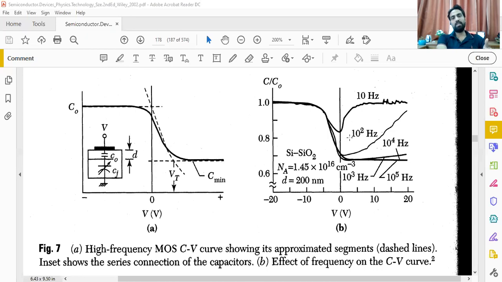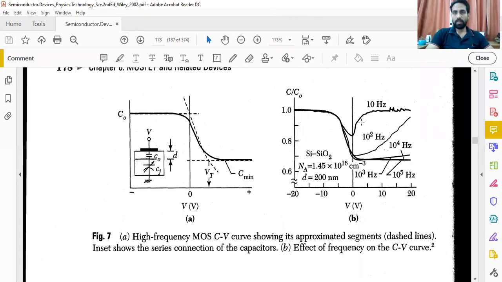In the second curve, it is indicated that suppose you are also changing the frequency, this frequency changes the curve like this one. If you see here, this particular section represents 10 hertz, 10 square hertz, 10 to the power 4 hertz, and so on. So changing the frequency, and all these values, would help you to get different curve values. This is exactly the meaning. Here it starts from C naught and reaches C minimum at a certain frequency. If you increase the frequency, there is also a chance you may have more C minimums if you change the frequency further on.